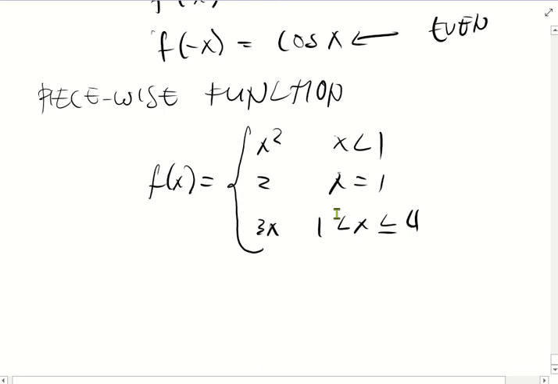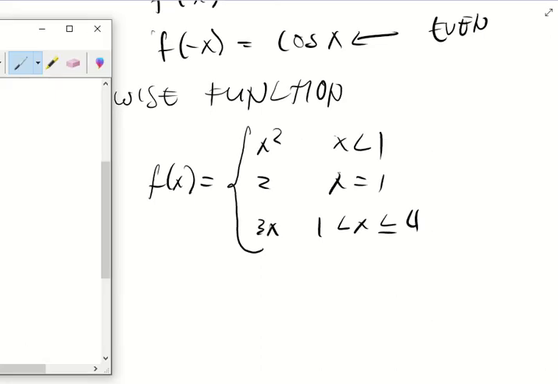So what does this mean? This means when x is less than 1, the value of the function is x squared. When x is exactly equal to 1, the value of the function is 2. And when x is greater than 1 and less than 4, the value of the function is 3x. So if we try to draw the graph of that one,